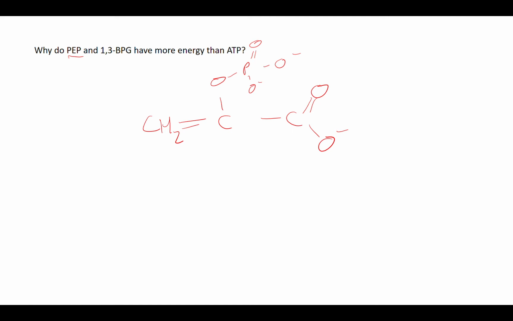Now, when the phosphate is hydrolyzed off phosphoenol pyruvate, what you end up with is a species that looks like this. Now, this structure right here is an enol group. Now, enol groups are very, very unstable, and they tend to want to tautomerize or convert to what's called the